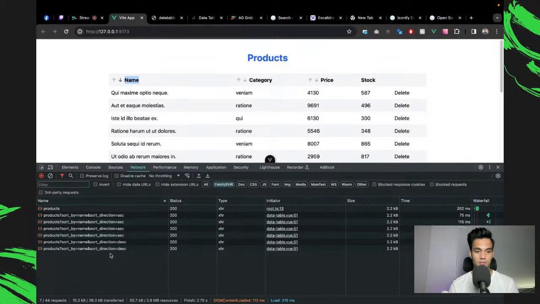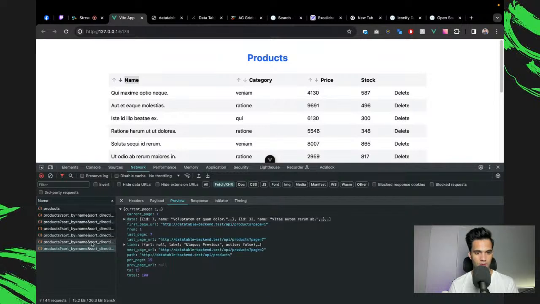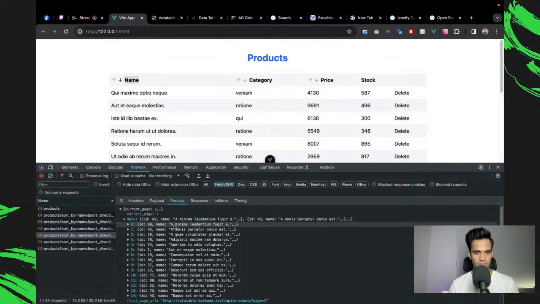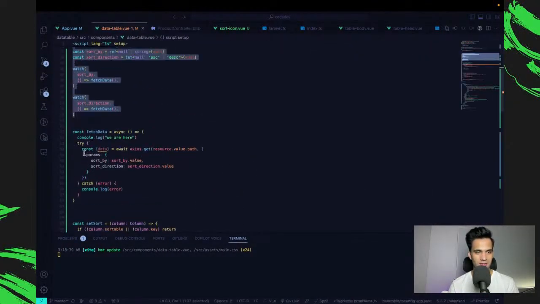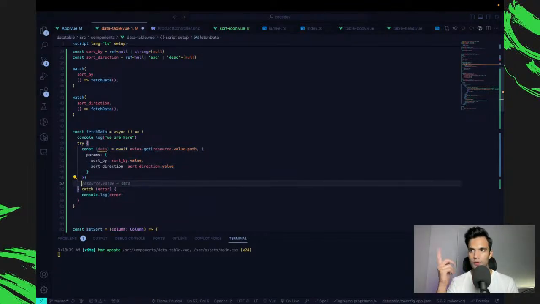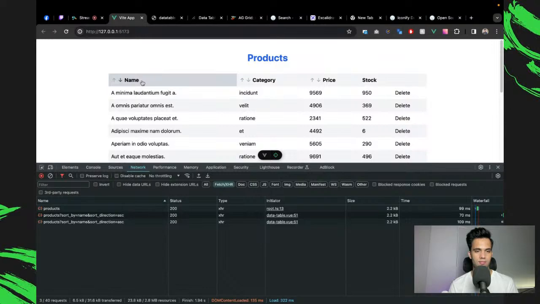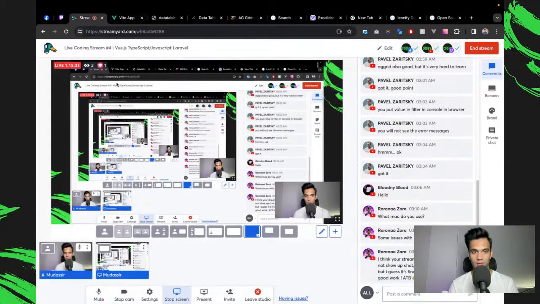It's doing the magic, but you don't see it because we are not. So now you see the first one is we. And on the last request, the first one was also we. Yeah, different, definitely different. So now all I need to do, because I'm getting the data, I just need to replace this data with my resource dot value, and it will do the magic now. Look at it. Perfect. Now we are sorting the data from the back end, not even on the front end.